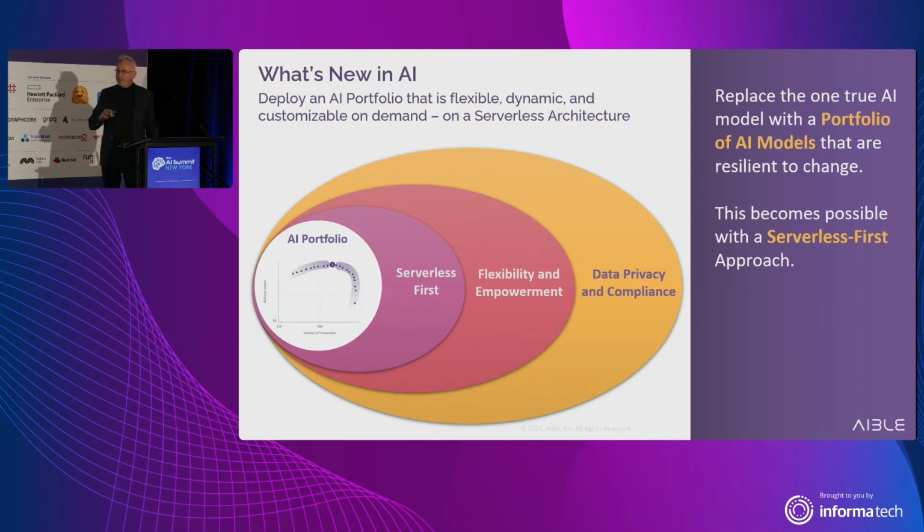Now, if I want to do this rapidly at scale so that I can create some agility, one of the things that we leverage is a serverless first architecture. I'll explain a little more about serverless if it's not familiar to people here, but it's the idea that I'm getting a function or a request or compute as a service rather than trying to bake in a large compute cluster to go off and build the one true AI. Once I get there, this creates a platform that allows for flexibility and empowerment.